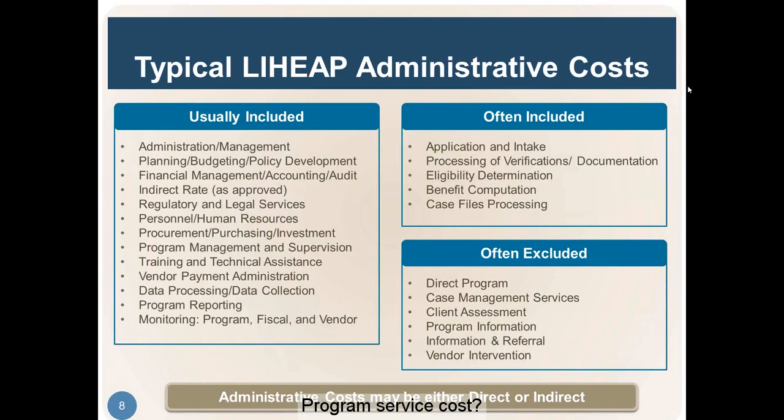Well, see, this is program service costs. So here it says on the slide that's showing, often included as an administrative cost are these. Well, if you counted it as something else, what would it be if it wasn't program service costs? A lot of states put those in indirect costs, and I don't know the reasons, but some states have done that. No, okay, so this isn't separating indirect from direct.